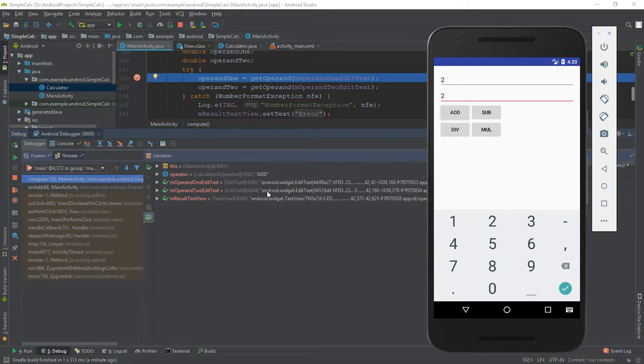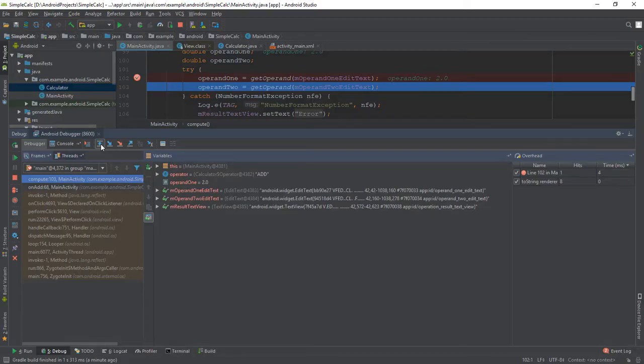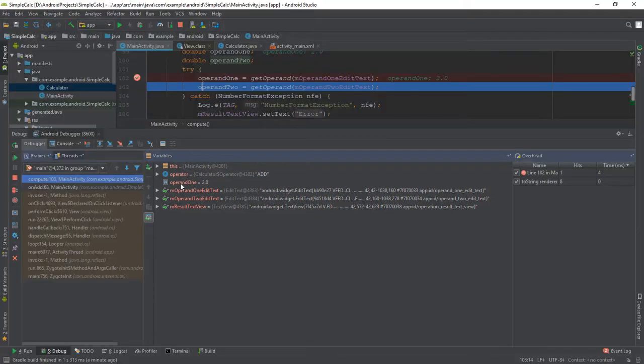As you can see, the execution has stopped here. Click the Step Over button. The debugger executes the current line in the compute method, that is the operand 1 line, and the highlight moves to the next line in the code, that is the assignment for the operand 2. The variables panel updates to reflect the new execution state, and the current values of variables also appear after each line of your source code in italics.